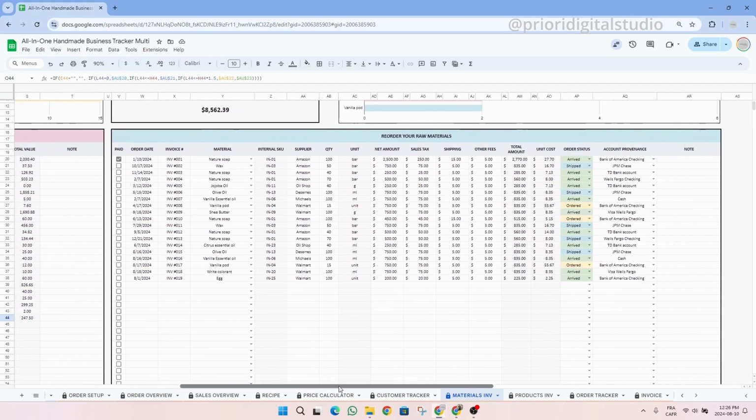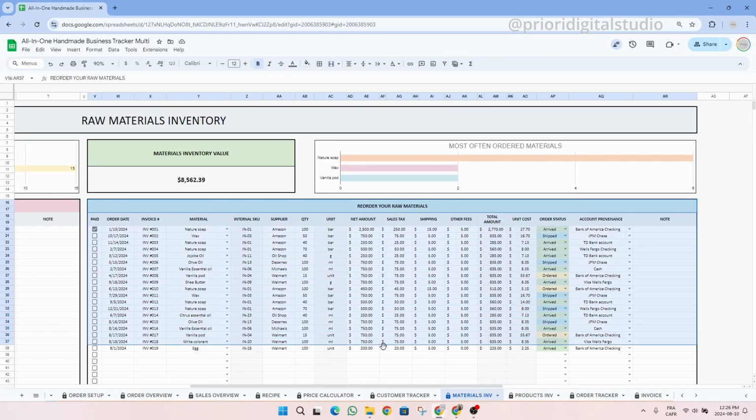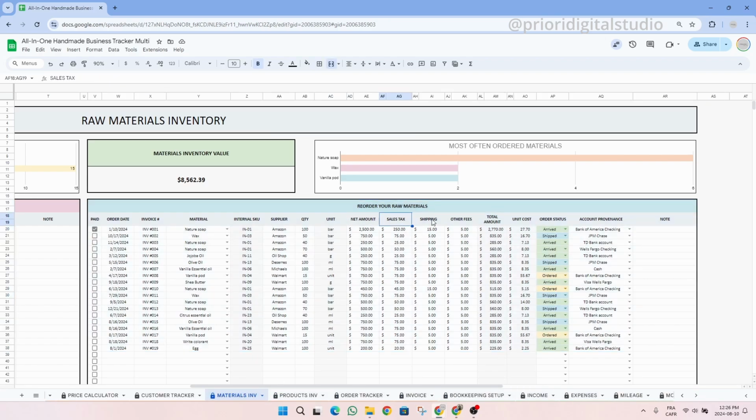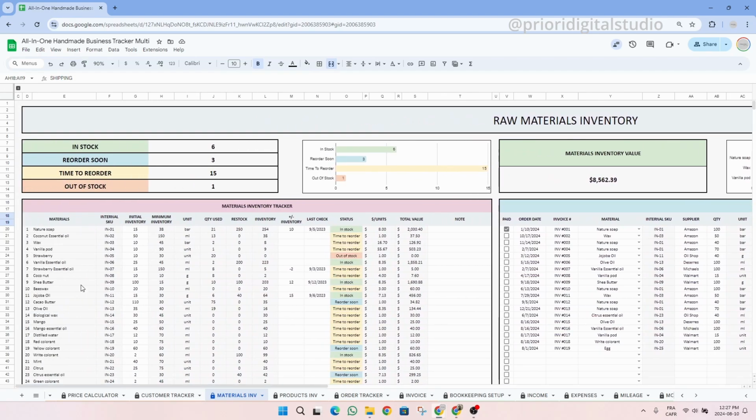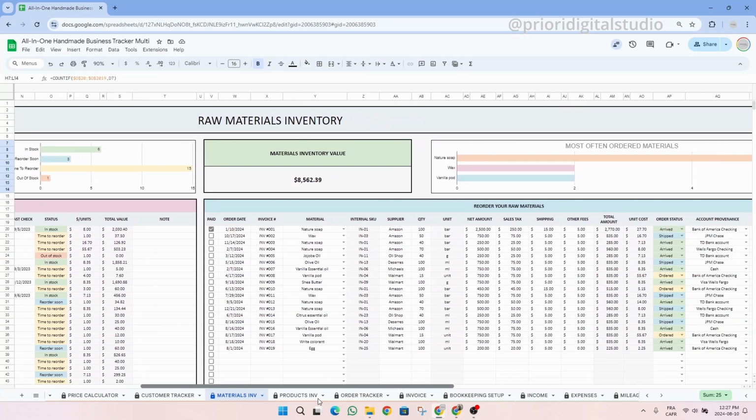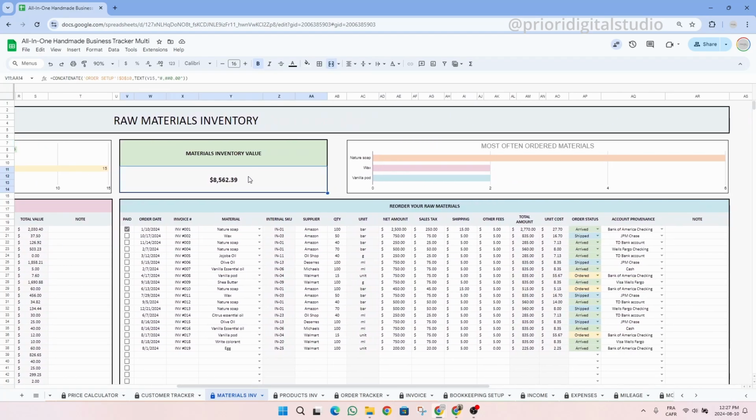On another important note, this table automatically adjusts the bookkeeping section that we will see later in this video. So make sure that all the information you entered in your reorder section is the right information. Then at the top of the page, you can easily see how many products you have in stock, to reorder, time to reorder since the inventory is below the minimum inventory, and out of stock. So basically this is all the status of your inventory. You also have the total value of your raw materials inventory and the bar chart with the top 3 products you have ordered the most in